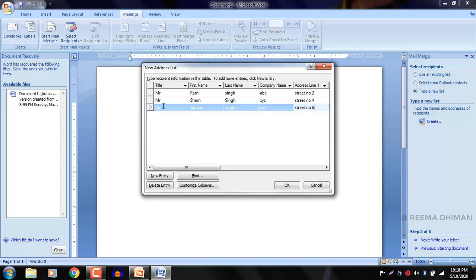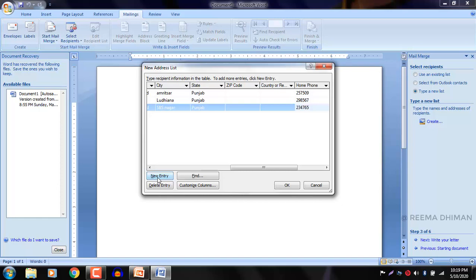Street number 6. Near bus stand. SBS Nagar, Punjab. Clear?